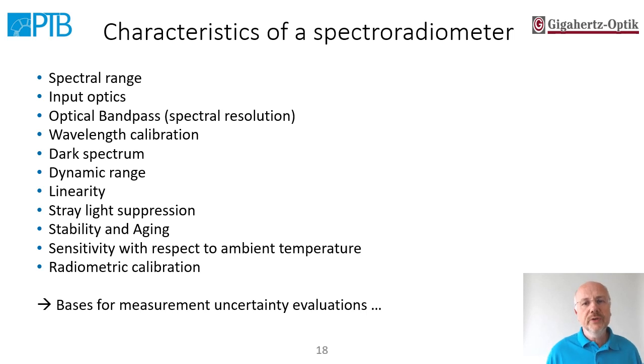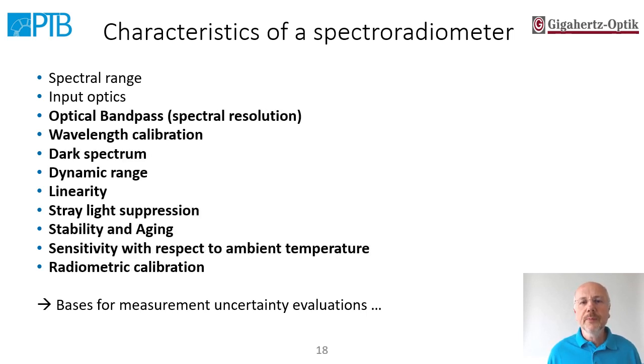So if you want to use your spectroradiometer for spectroradiometric measurements, you have to know a lot about your instrument. So you have to characterize it. Today I'm going to give you a few details about the optical bandpass, wavelength calibration, dark spectrum, dynamic range, linearity, the so-called internal stray light or stray light suppression, stability, aging of instruments, and sensitivity with respect to ambient temperatures. You will need all those characteristics as a basis for measurement uncertainty evaluations when you do a radiometric calibration of